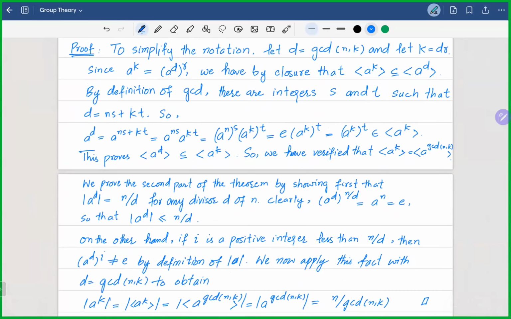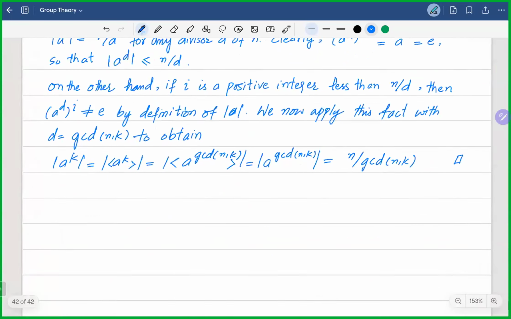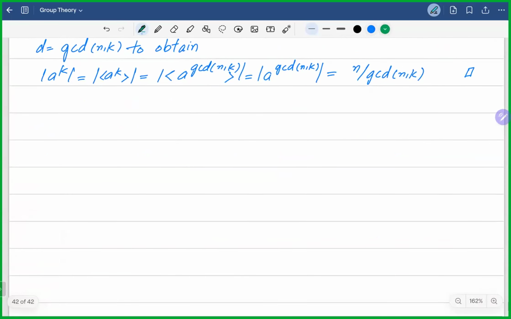Now, by doing the simple arithmetic, the next two examples illustrate how Theorem 4.2 allows us to easily list the elements of cyclic groups and compute the orders of elements of a cyclic group in cases where the elements are inconvenient to work with. So let's try that. Example 5 says,